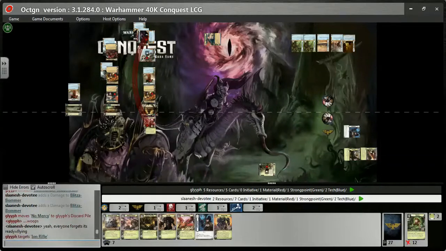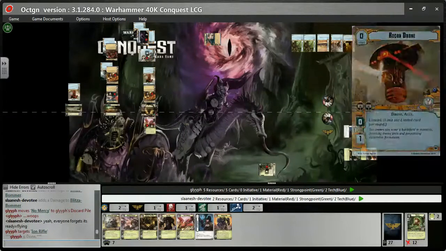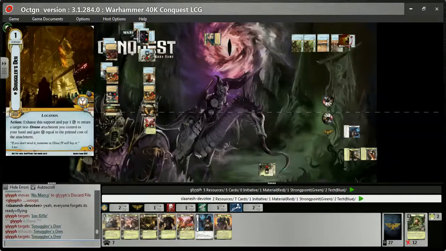Yeah, he said he forgot the flying. It's one of those that's very interesting. There's a lot of the flying things that we forget are flying, I think. Like there's that Eldar one that gets area effect when it's not with Eldar, and for some reason I can never remember that it has flying either. So yeah,